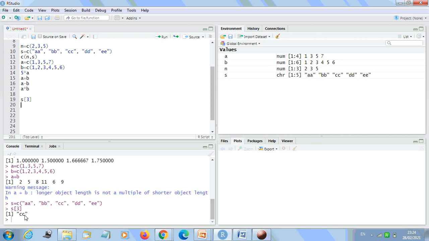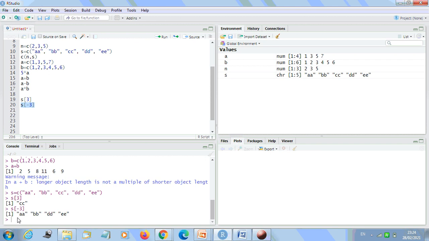Now we will talk about the negative index. If I write S and in brackets -3, see what will happen. It would strip the member whose position has the same absolute value as the negative index. So it is going to strip it out.